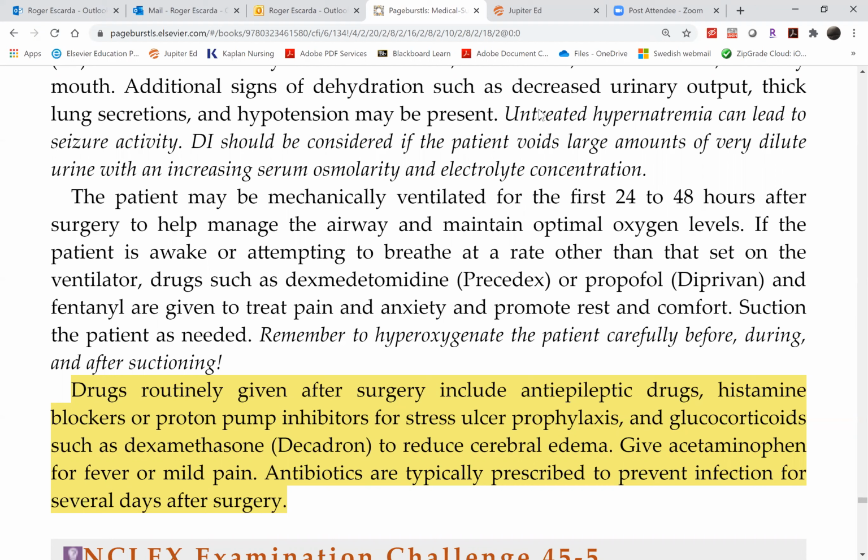So since we can't obviously do that, all we can do is just relieve the pressure by removing a piece of the skull, allowing cerebral perfusion to restore, decreasing ICP. Okay, so the skull will be placed in the patient's abdomen, just like a marsupial,